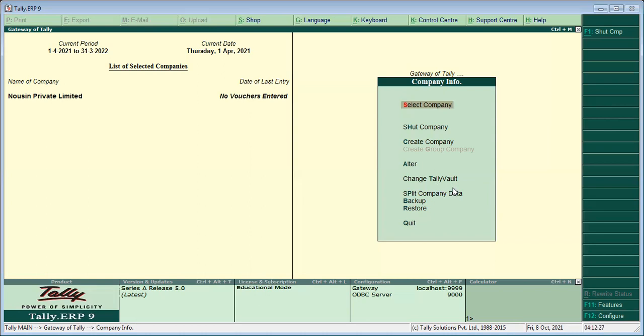Change Tally vault means this option is used to change the password of the vault, the password of the company. Split company data means this option allows you to split company data across multiple periods.